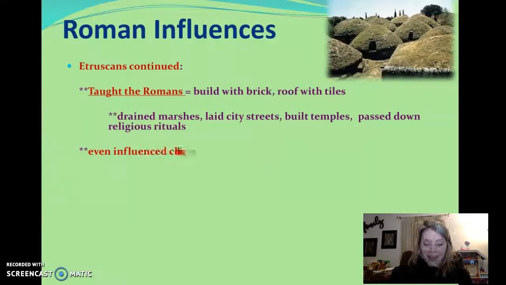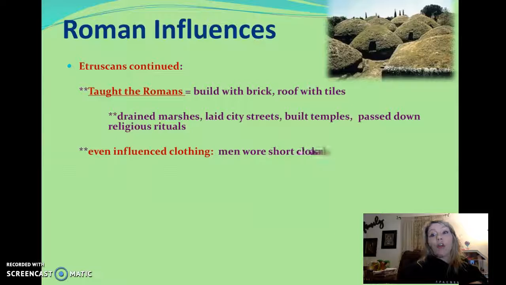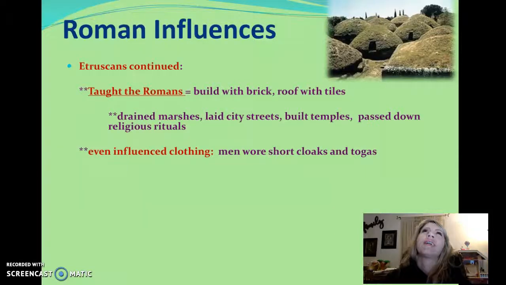One interesting item that they copied was the clothing. Okay, so the Etruscans wore things like cloaks, which are kind of like long dresses that men wore, and togas. Okay, so if you look at a really common one, like Little Caesar's pizza, you know, we have the guy that says pizza, pizza. He always wears the toga with that sash that goes across his chest. Okay, that started by the Etruscans, and the Romans latched onto that. And all men wore those, and different colors really meant different places in society.